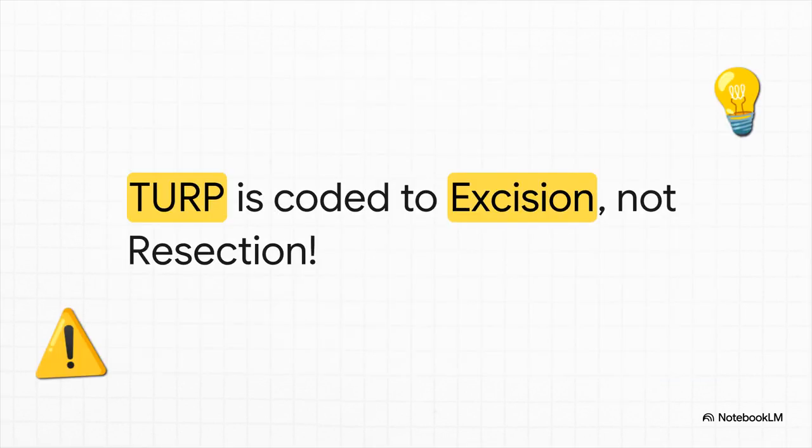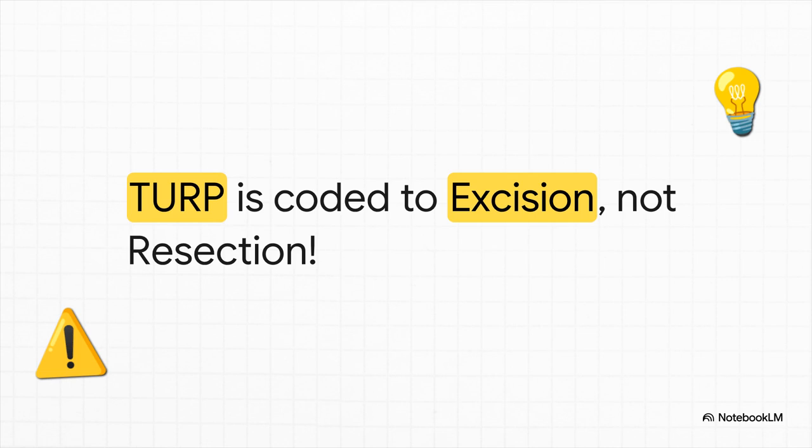And that brings us right to a massive coding trap. A TURP, transurethral resection of the prostate, literally has the word resection right there in its clinical name. But because we just learned that it only removes a portion or section of the prostate, in ICD-10-PCS, we must code it as an excision, character B, not a resection. This is why you must always code based on the root operation definition and never just blindly follow the physician's